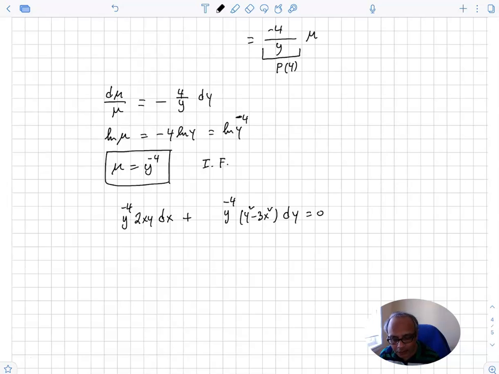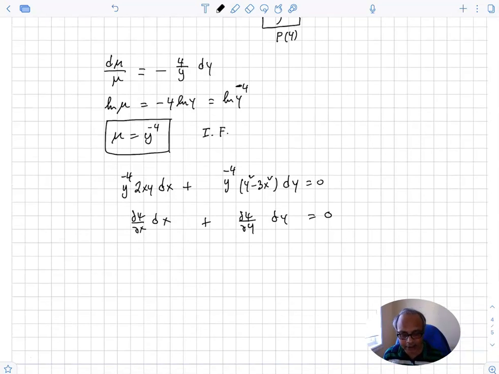And then you write this in the form partial psi partial x dx plus partial psi partial y dy, because this equation after multiplying by the integrating factor it has to be exact, and if it is exact then it can be written in the form of partial psi partial x dx plus partial psi partial y dy equals 0. So it means you can find the potential psi